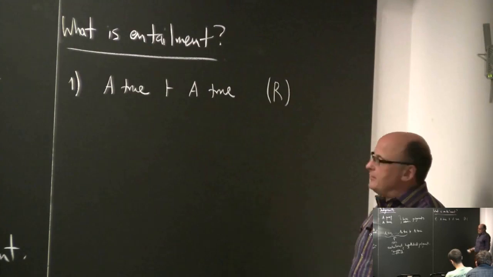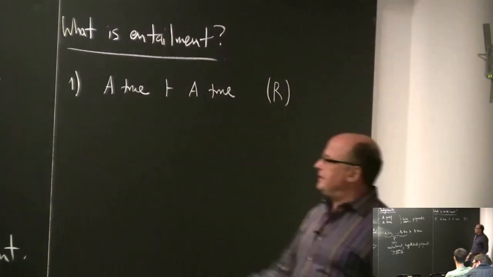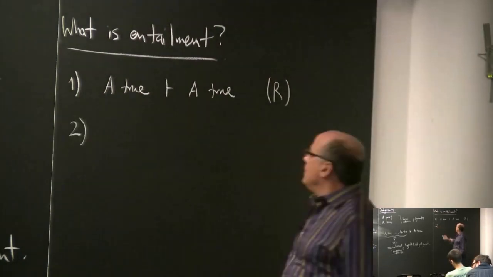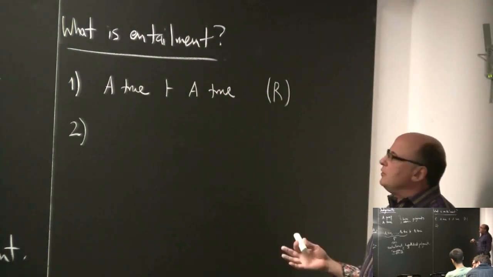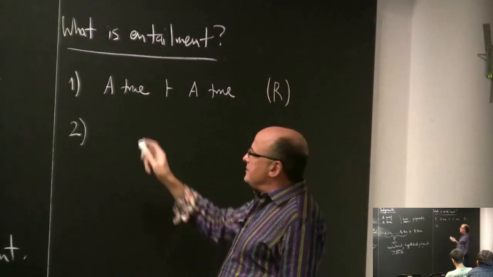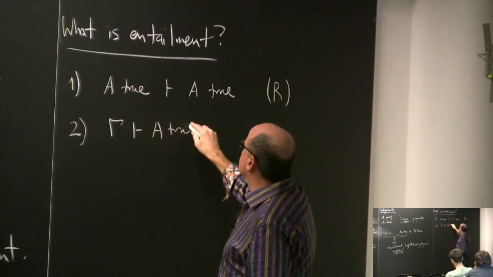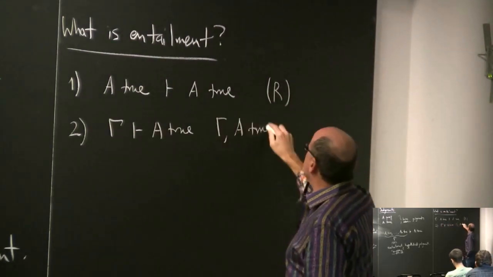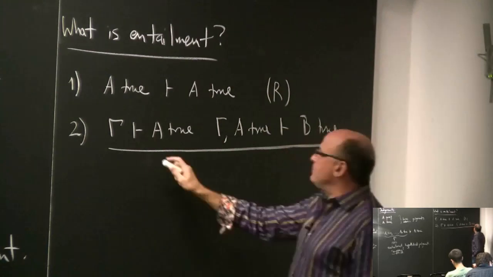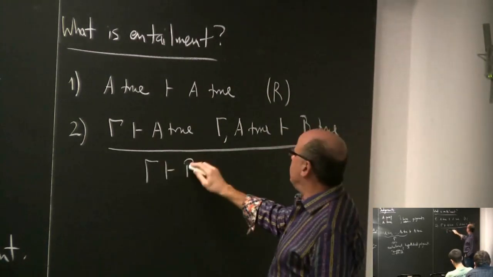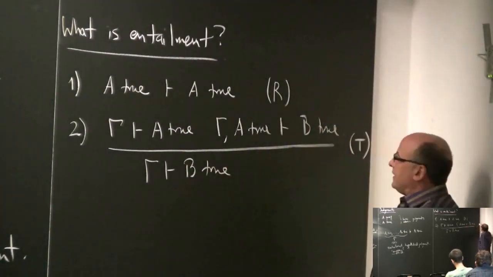You can think of this as reflexivity. And I'll show you in a minute another way of notating things that will make some of those ideas more blatantly obvious. Second thing, which is absolutely essential to being a notion of entailment, is the idea of transitivity or composition, which says, if I know that A is true, and I assume it's true for the purposes of showing that B is true, then I can simplify that whole scenario and know that just B is true from gamma alone. And this could be called transitivity, and I'll write it like that.